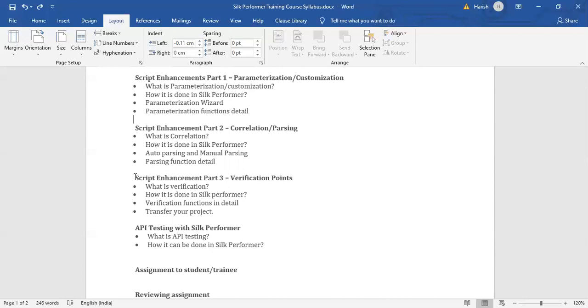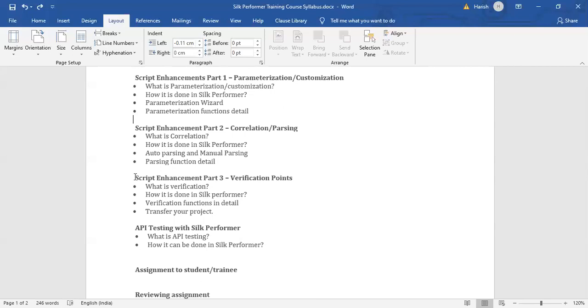Sometimes a response code 200 might not deliver us the exact response as we had expected. So for that, with verification points, we can ensure that we are getting the valid output from the application.